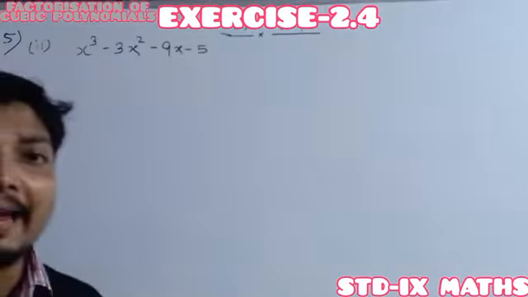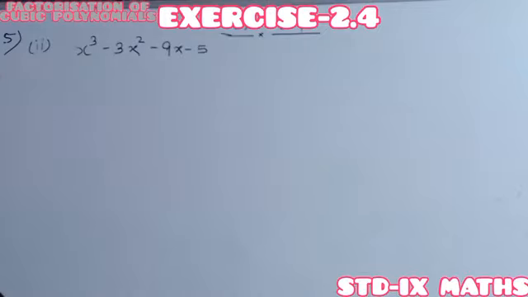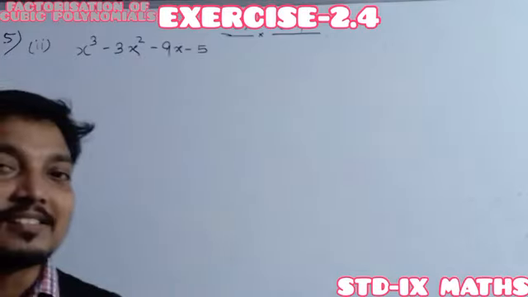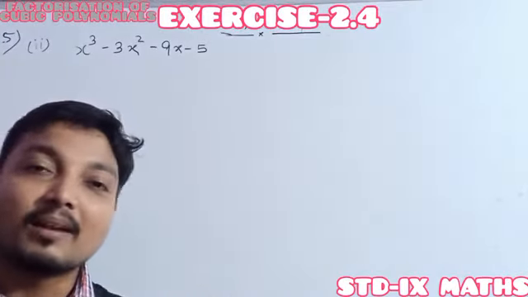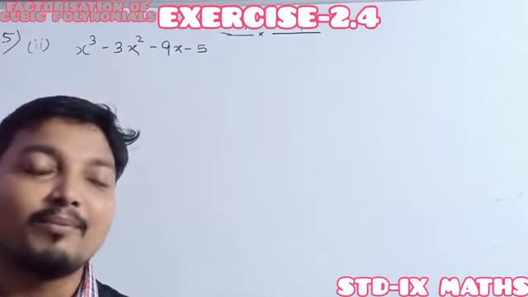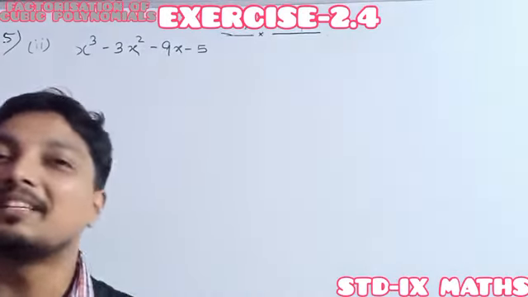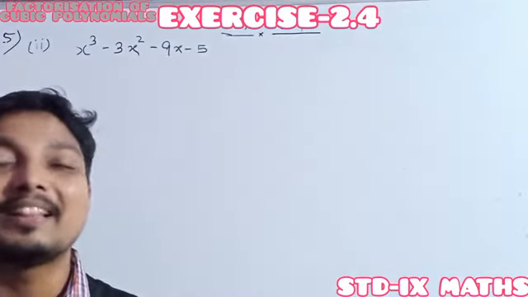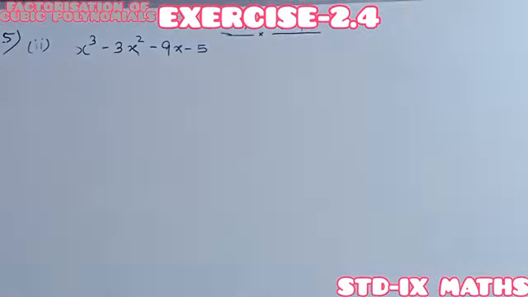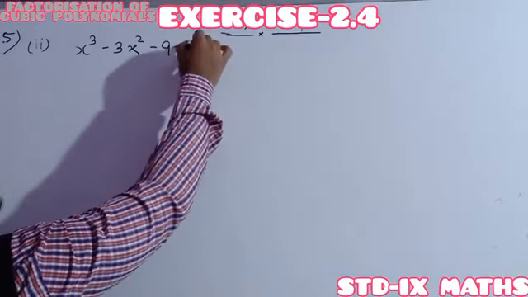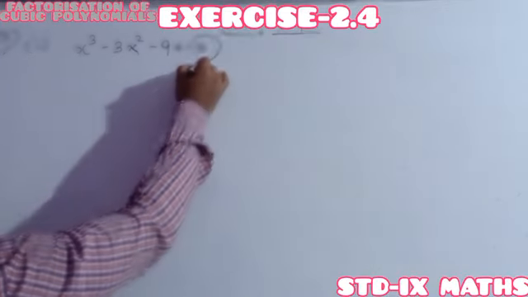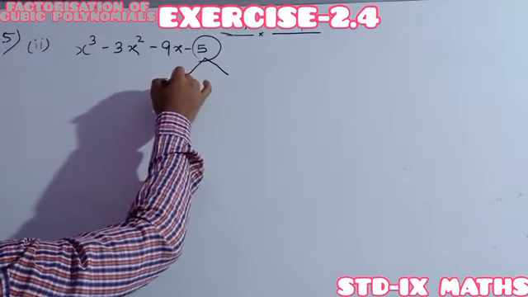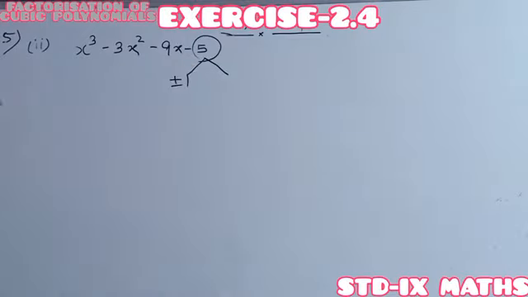See, in question number 5 part 2, it is also a cubic polynomial, and you are asked to factorize it. Just like in the last question, by using the shortcut trick we have done it, this question also we will do using the shortcut trick, which will help you during competitive exams also. Okay, see, always your target should be on the constant term. Constant term is minus 5. So it may be plus 5, otherwise it may be minus 5. Starting one, it is always plus 1, minus 1. It is always a factor of that number.